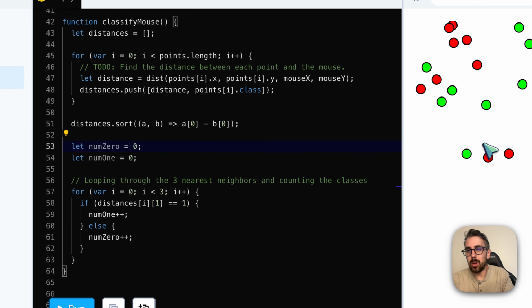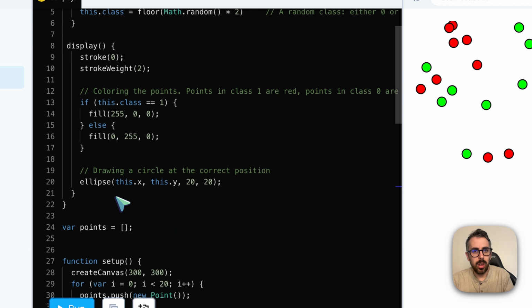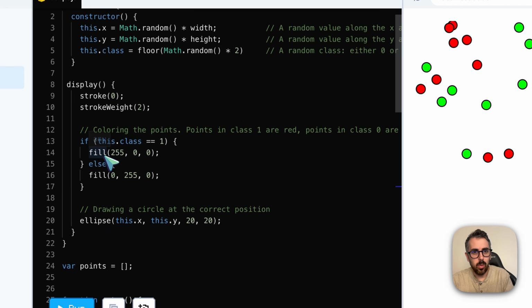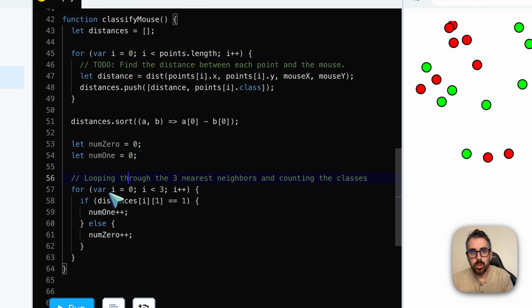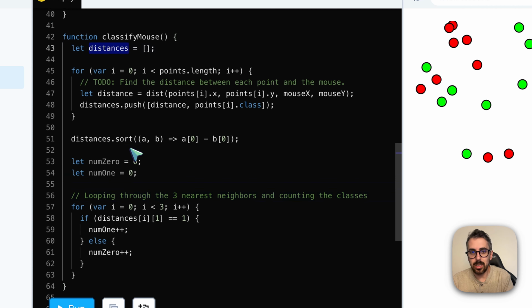Basically, we're going to count up how many of our closest points are green and how many of them are red. And again, remember, if they were class 0, that was green, and if they were class 1, that was red. So we're going to set these 2 counters at 0, and then we're going to loop through our 3 nearest neighbors, which are the first 3 objects in distances, and we're going to look at the class. So the class is in position 1,